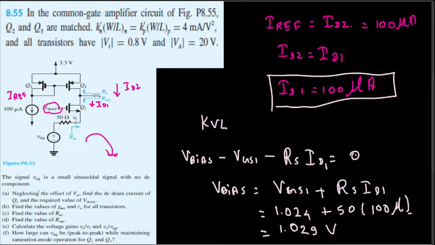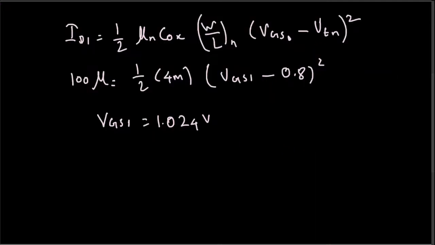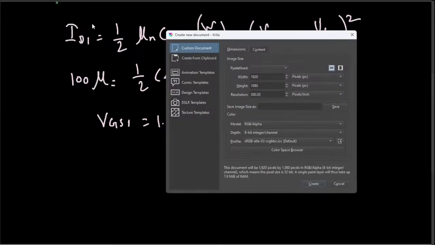The A part was in my previous video. In the B part, the question is asking to find the values of gm1 and ro for all transistors. So when they say gm1, that is the transconductance of Q1. In order to calculate the transconductance, you just put it in the transconductance equation that's given by